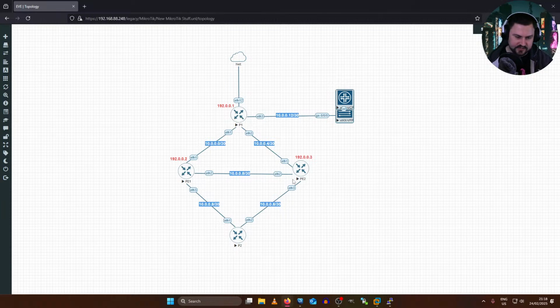Where with MikroTiks, I could actually reduce the memory on these CHRs, but I tend to give them 1 gig of memory each. And you guys have probably seen I've done a ton of labs, and I get away with a lot with 1 gig. I think you really just want more memory if you start bringing in bigger services. Let's say you wanted to do something like a real full BGP table feed and provide it as transit to customers, then you probably want more memory. But 1 gig is fine for testing the type of stuff that we test in the labs.